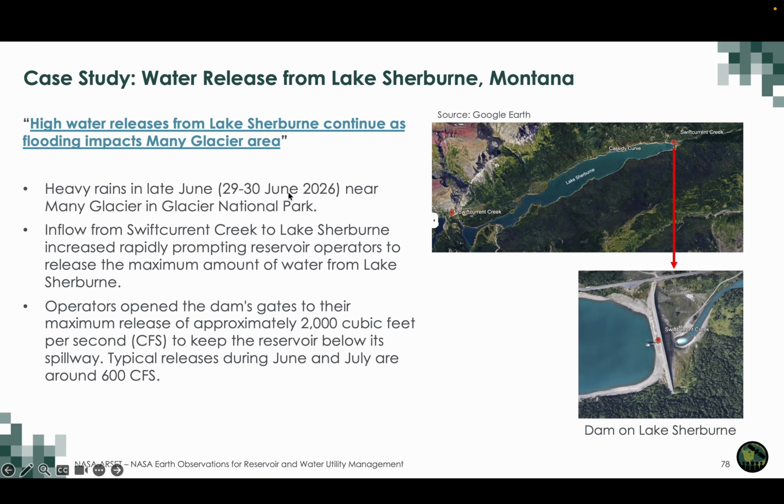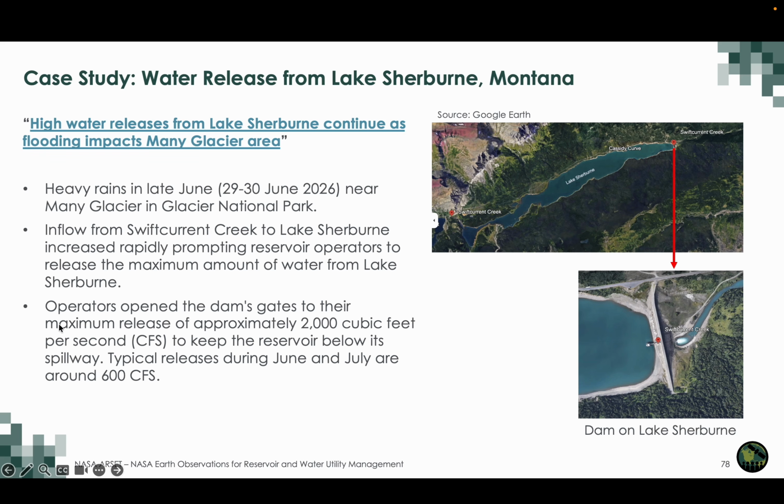On 29th and 30th of June, there were heavy rains near Many Glacier in Glacier National Park, where you can see Lake Sherburne, and Swift Current Creek brings water into the lake, and there is a dam that controls the lake level. Because of the heavy rain, Lake Sherburne water level increased rapidly, and so operators had to open the